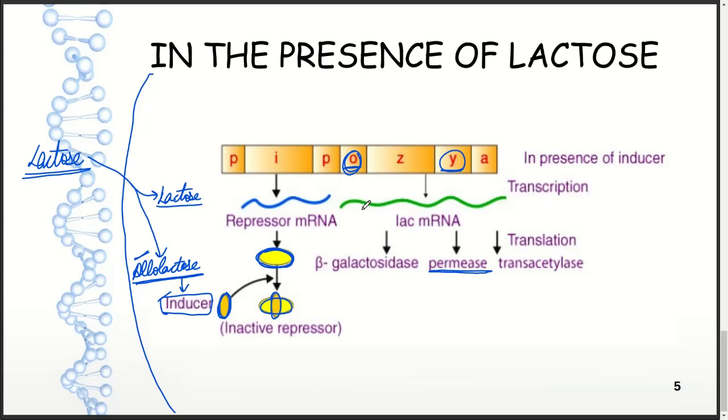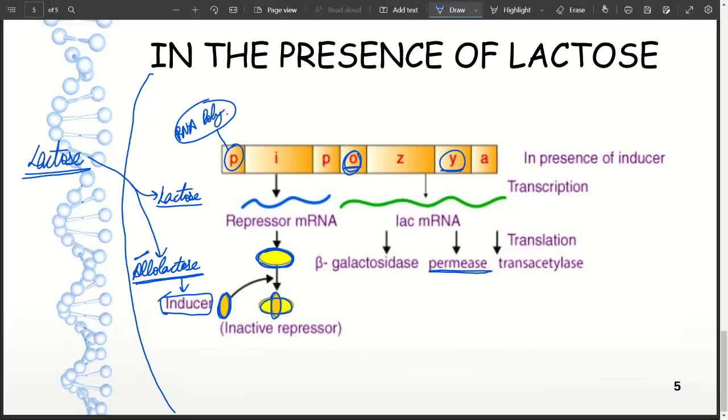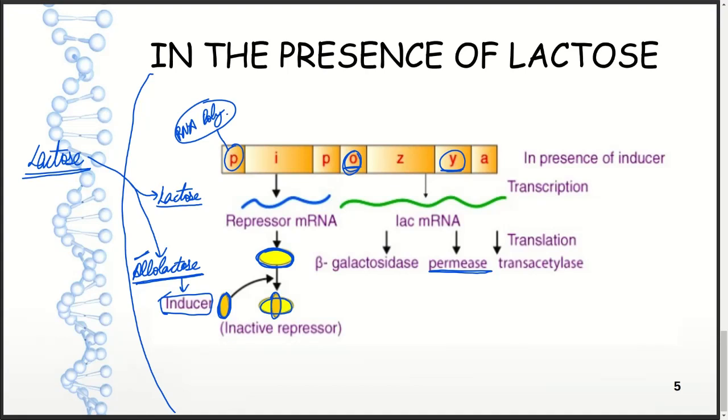As our operator gene is free, our RNA polymerase is also free, and it can slide over the structural genes,